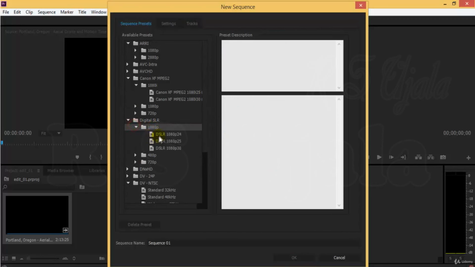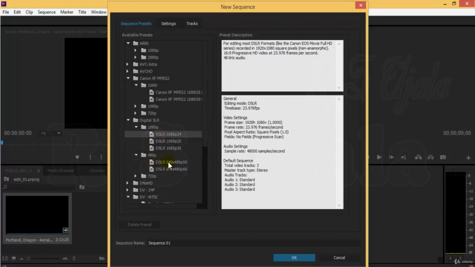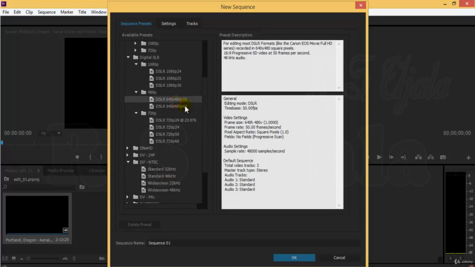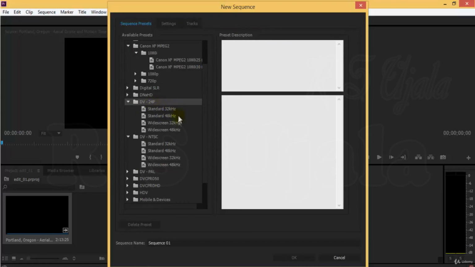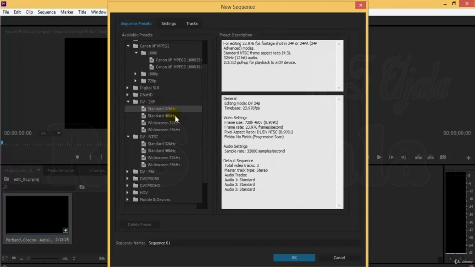This is again SLR with 1080, then there is 480, 720p, 480, 640 into 480, and this is DV24p, standard 32 kilohertz, standard 48 kilohertz. Please note this is 24p. It means around 24 FPS, and this would be a 4:3 frame aspect ratio and not a 16:9 pixel aspect